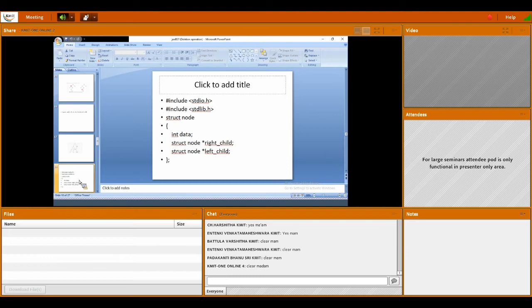Then for printing, we need a print operation to show the nodes present in the tree after deletion.